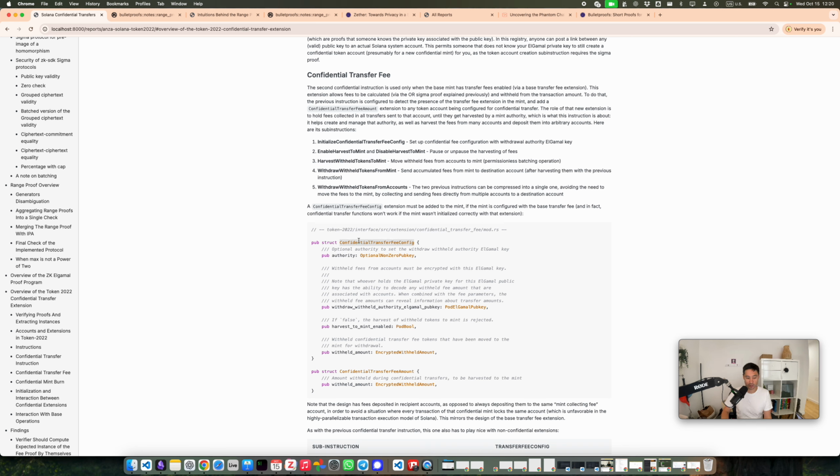This is an extension added to the mint, which has a balance here, which can collect fees, and then you can use another instruction, withdraw withheld tokens from mint, to send them to an arbitrary account. And this looks basically like transfers. And harvesting is not as bad because it's just one transaction that will lock a bunch of accounts, but it's